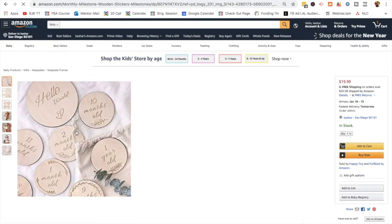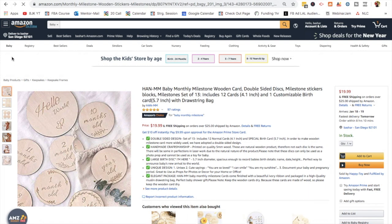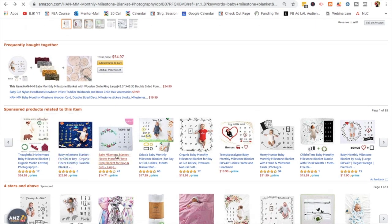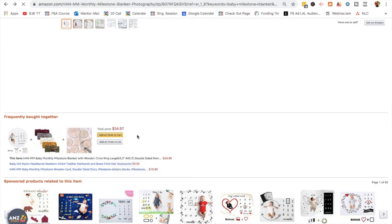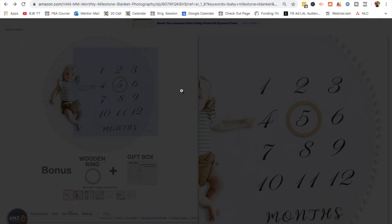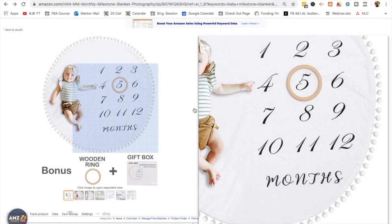So what is this product? Okay, this is a baby monthly milestone wooden card. So it's a wooden card, right? Okay, cool. Now what's the other one? A double-sided disc. What's the other one? Is it something to put on the baby or something? I don't know. Like for the picture, do you see that band or whatever? I'm assuming, yeah, I don't know. Actually, I don't think these would actually come with it. But once again, this comes with a gift box and it comes with this ring. You would think that they would come with a ring, but this is a way to